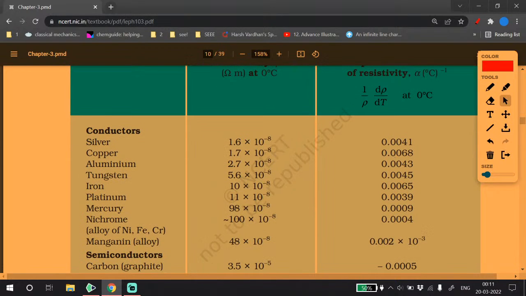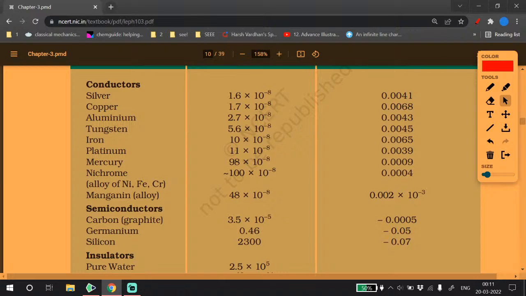So these are all resistivity of conductors. The chrome, okay,